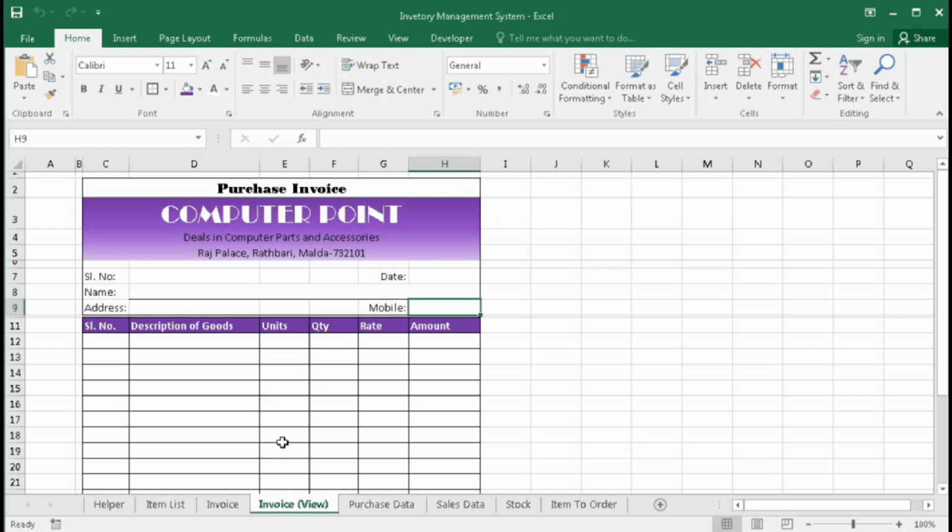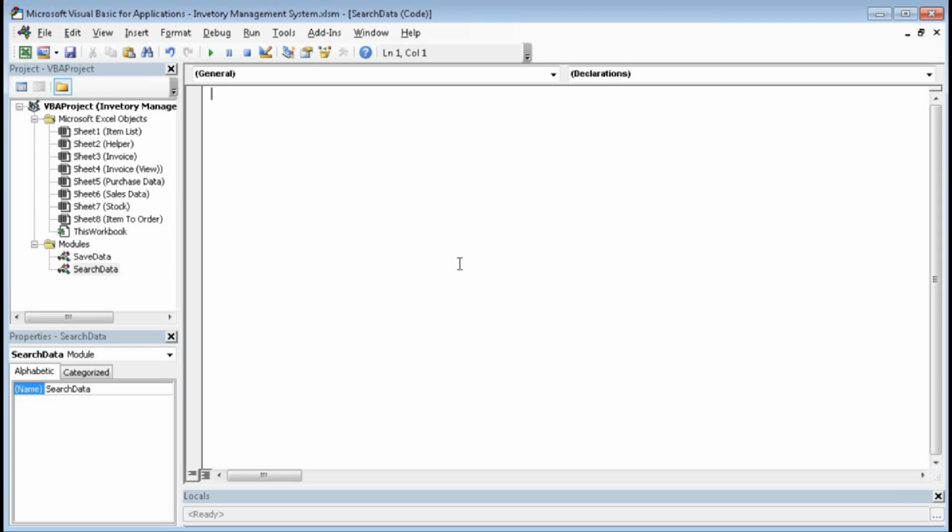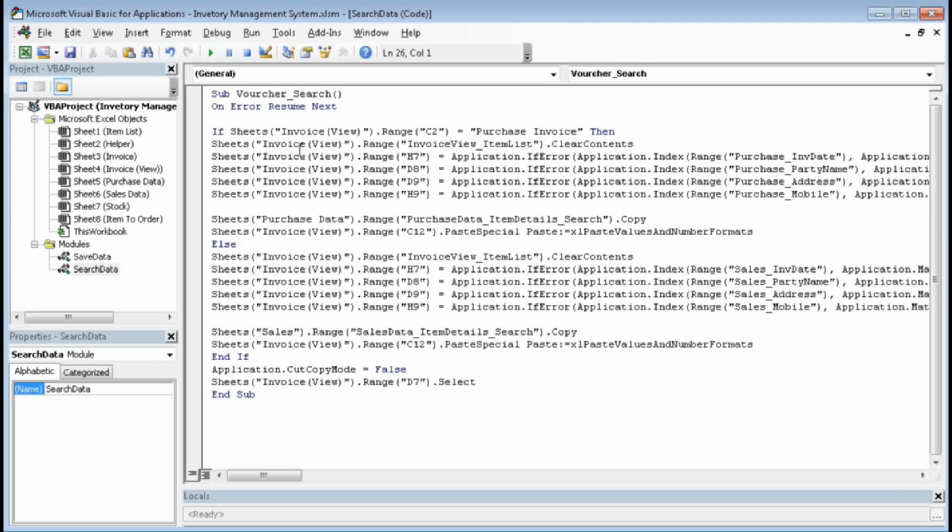Let's see. So now I will copy and paste the code. You can see this is voucher search. The name of the macro is voucher search, and I will comment this code, because if there is an error it will not check it, so I make it a comment.